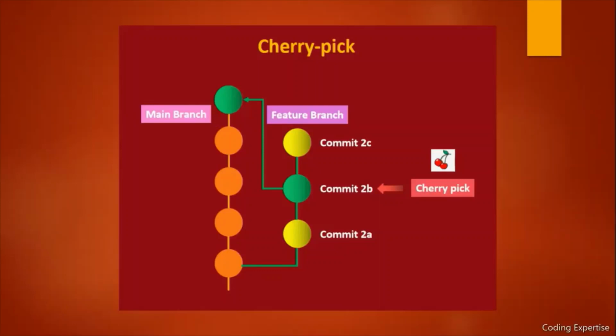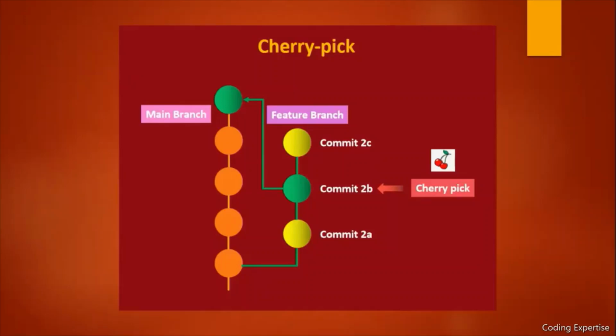Let's move on to cherry pick. It's a powerful command which picks a commit from a branch and applies it to any branch. I'll tell you the two scenarios where cherry pick is extensively used. First scenario: assume a commit is accidentally made to a wrong branch. Using cherry pick, we can pick that particular commit and apply it to any branch. Second scenario: a developer works on a feature branch and finds an existing bug on that branch. He fixes the bug, cherry picks that particular commit and applies it to the main branch of our product.